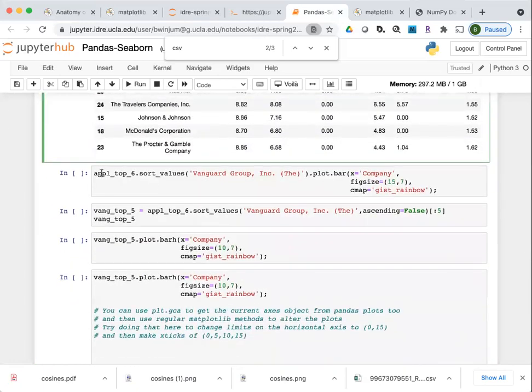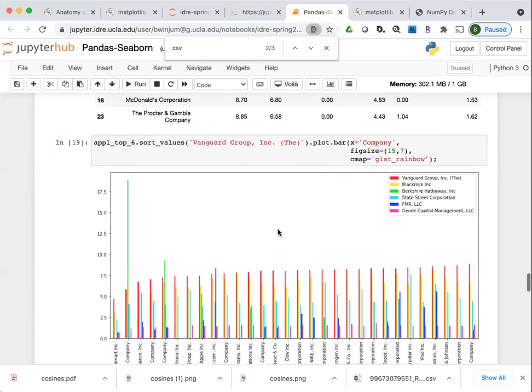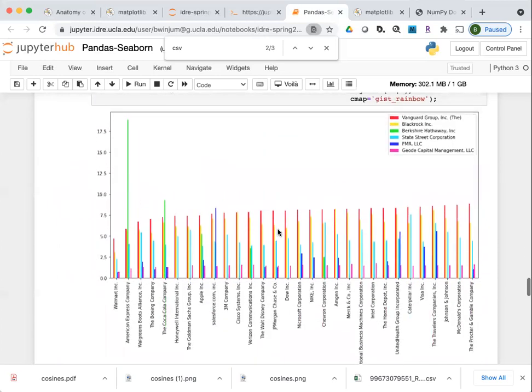On that data frame, I can call .plot.bar to generate the bar plot. I say I want the x-axis still to be company, and now I'm going to specify other parameters like fig size, and this is for a color map. So now I made it a bigger plot so that these are spaced out a little more. But the Vanguard group is the red bars, which you can see are continually increasing. And you can get a little better picture of how the other investment groups vary with their holdings as well.